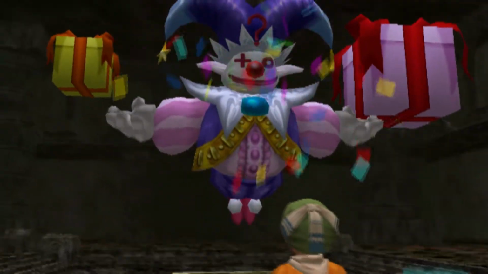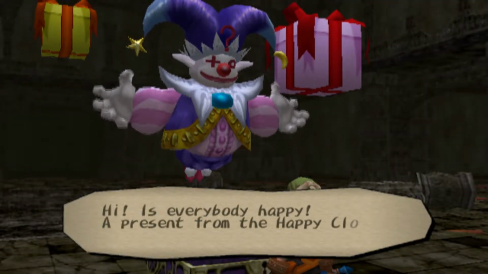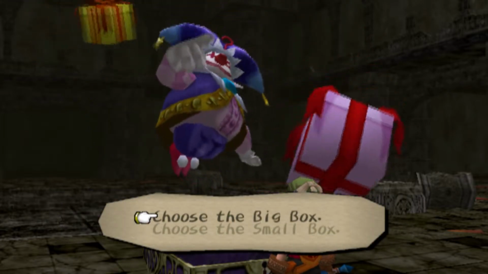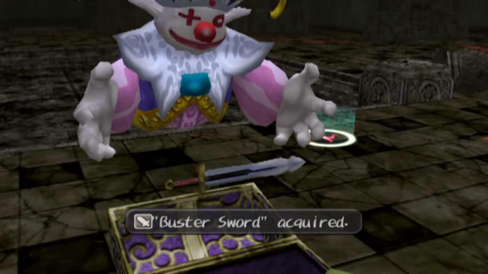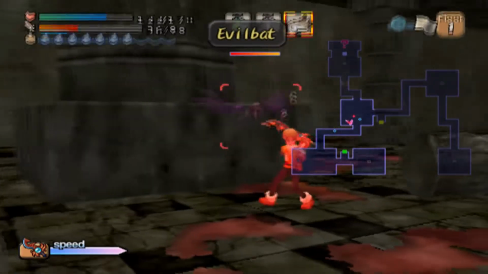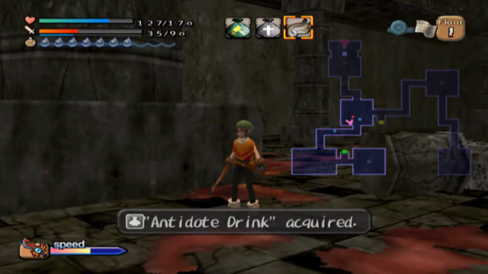Ooh, clown in a box. You're gonna die, clown. I mean, happy clown. What did I do last time? Small box. Let's try a big box. Give me that present. Ooh, Buster Sword. I don't need it, but thanks. Oh yeah, I guess I should just switch to